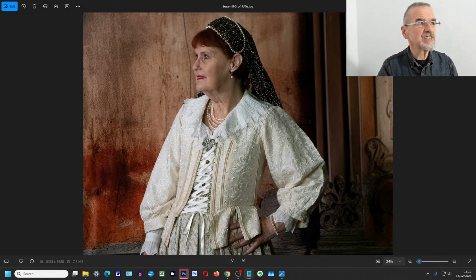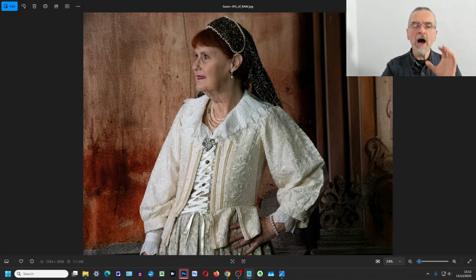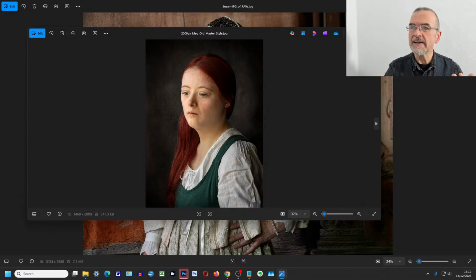Quick example here. Some of you may remember, a few years ago now, I did a podcast about that notion of creating a portrait that looks like a painting, and I used my daughter, Meg.